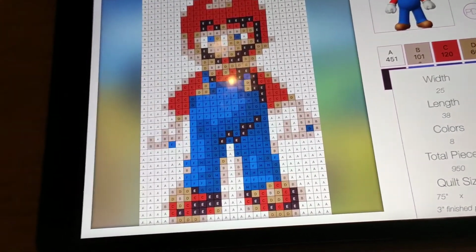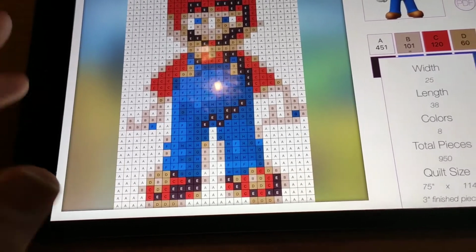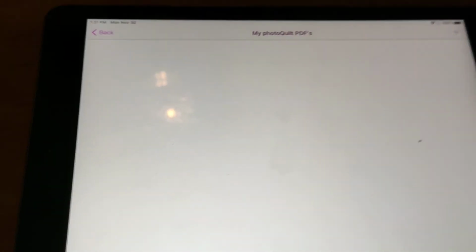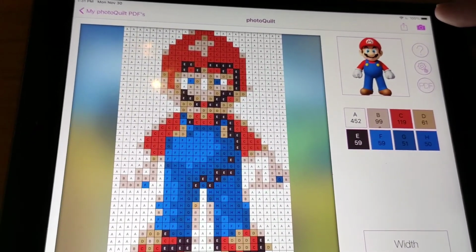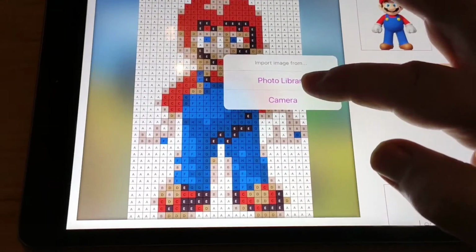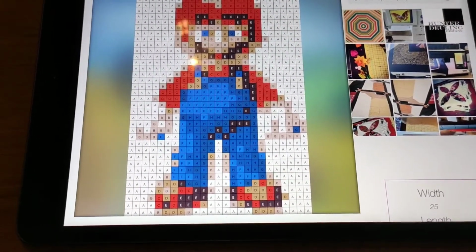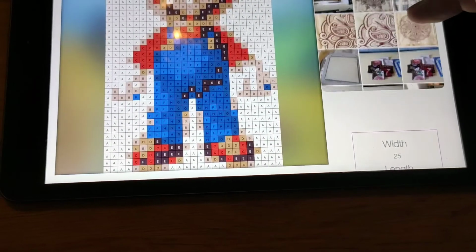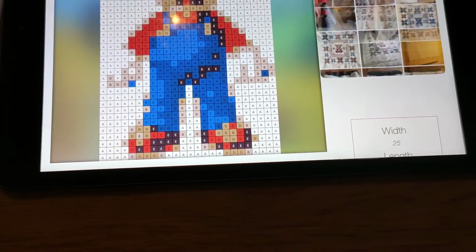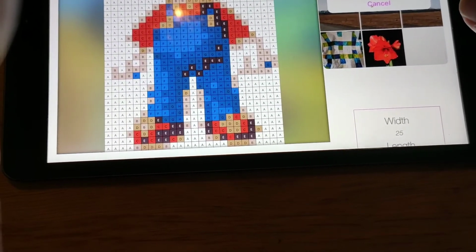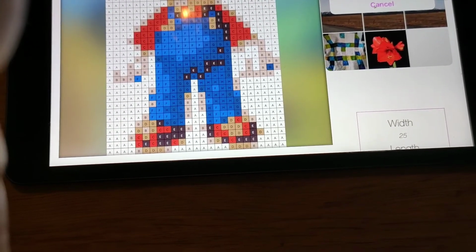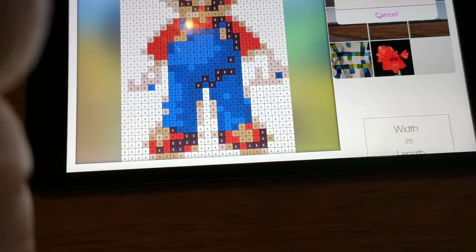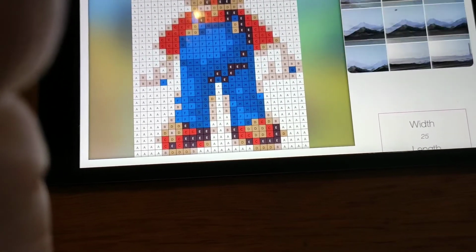You can make them 1-inch blocks. You can make them 2-inch blocks. You can make them 5-inch blocks. You can do whatever you want. But you can use whatever photo you want. It doesn't have to be their picture. You can go to your photo library. I don't have a lot of pictures on my iPad, but let's see if I've got anything in here that we can use to make one. It has to download from iCloud, and I'm not on the internet, but there are so many things